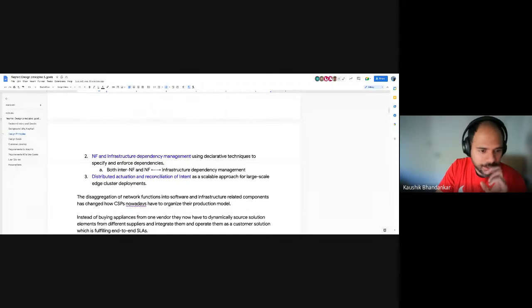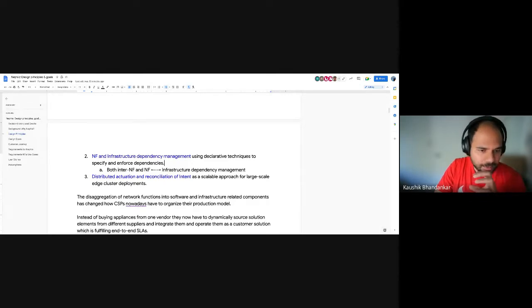The second area is more around dependency management, and this is around both cross-NF, so between network functions, as well as between network function and the infrastructure. How do we both specify and manage these dependencies using declarative techniques and enforce these dependencies, where enforcement here implies reconciliation of those dependencies.